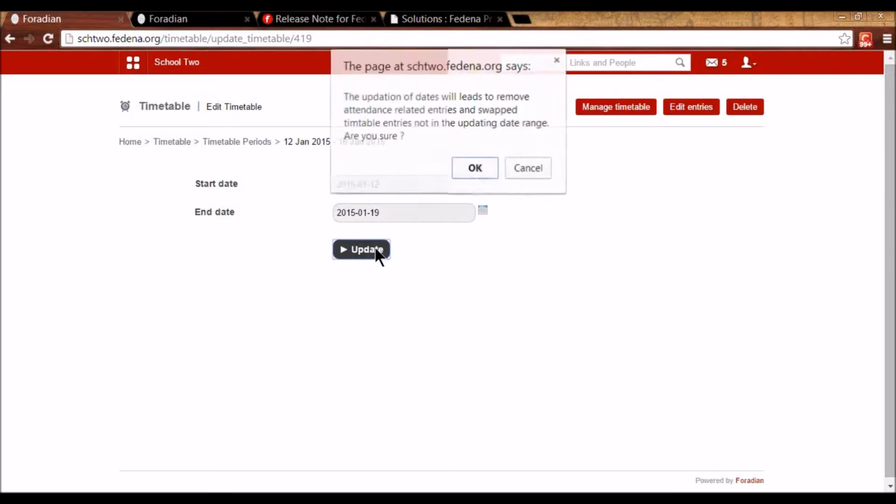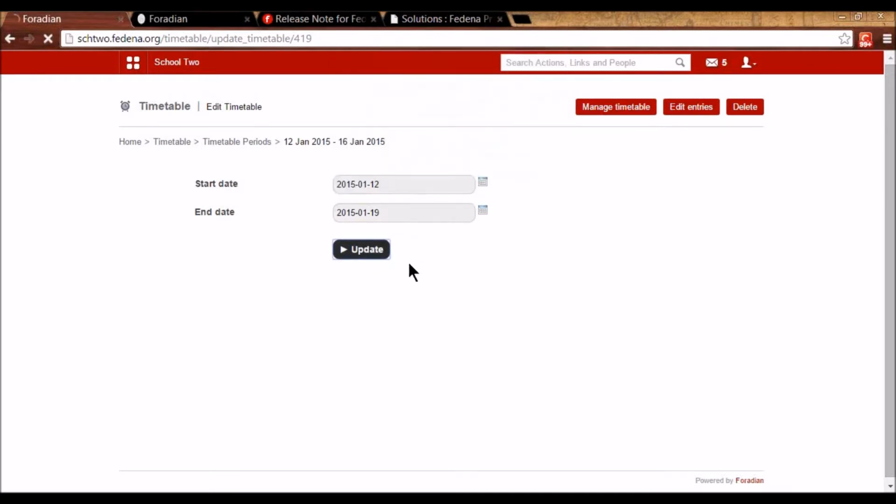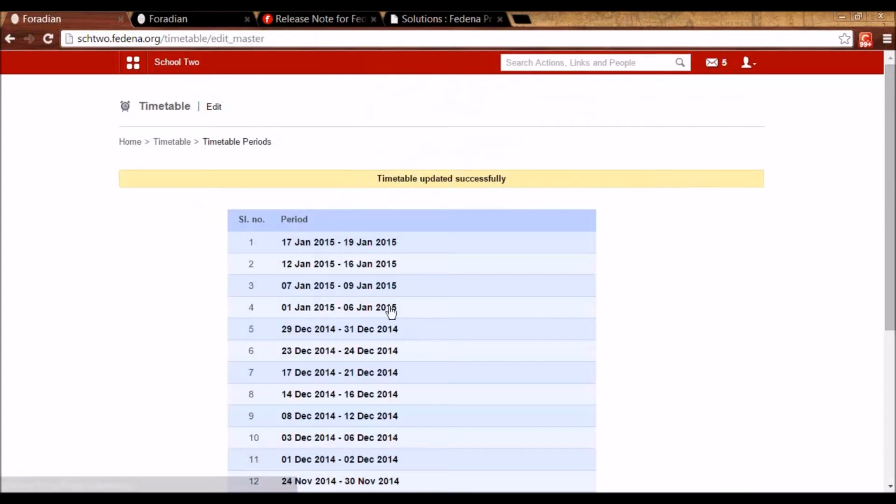That used to happen earlier as well. So you will get this option, warning, and when you click on OK, you will be able to see that I've got two timetable durations now. But earlier, it used to split for today and the rest of the week, but now it is splitting from the day the change is there. So since the change is from 17th, so it is splitting from that day. So that is the first change.